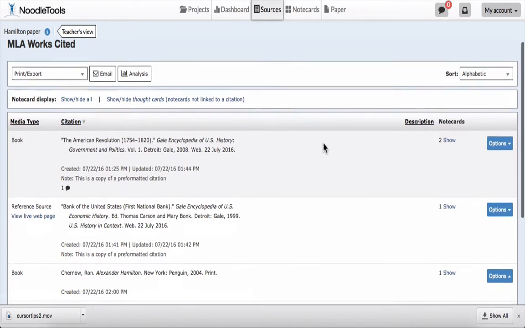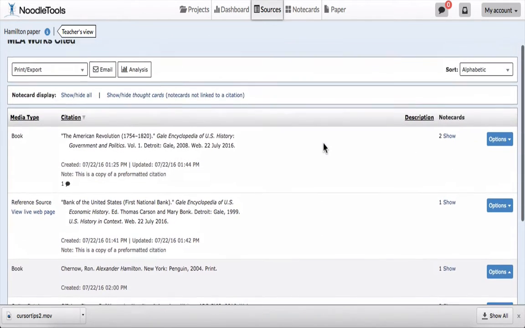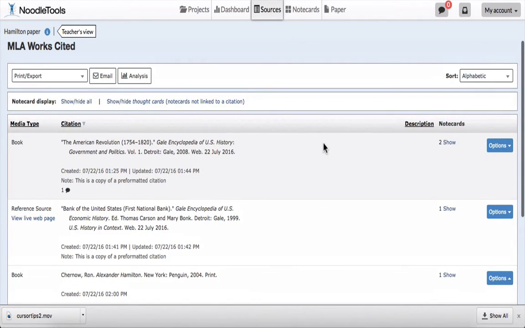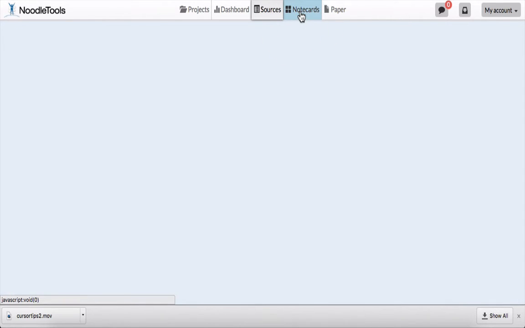So that is the source page. If you want to see the note cards that the student has taken on the note card page, as opposed to here within each source, so it gives you more of an overview of all of the note cards rather than source by source, then you would click on the note cards tab here,